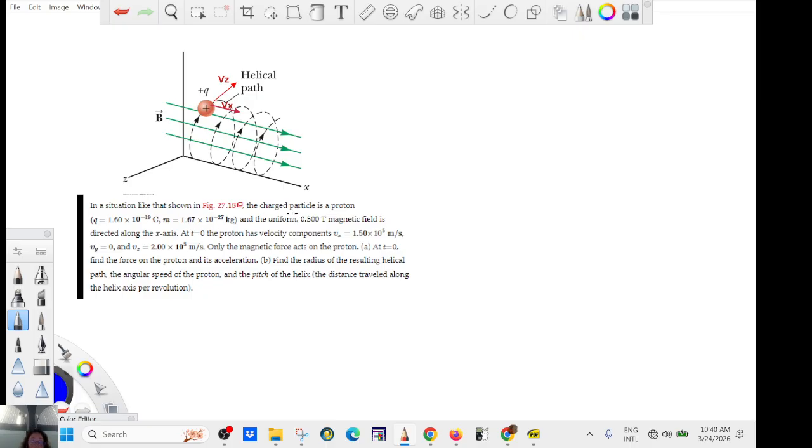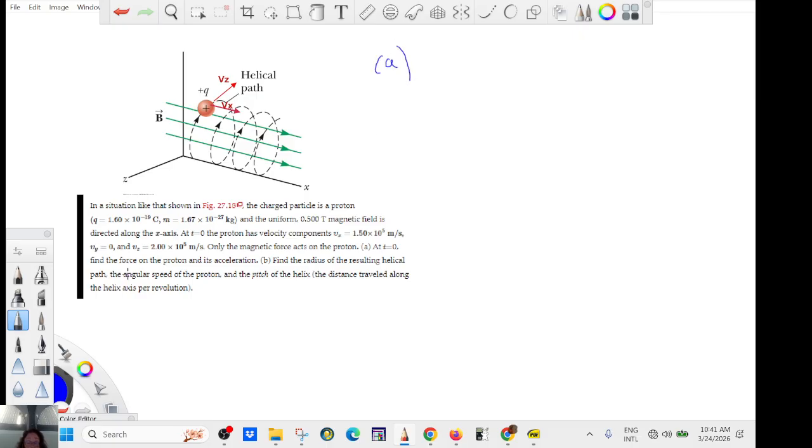So we have the magnetic field, we have a y component of 0 and a z component, and we have an x component of the velocity, and the magnetic field here is along the x. And they are nice because usually they don't draw anything, but here they did. So part A,